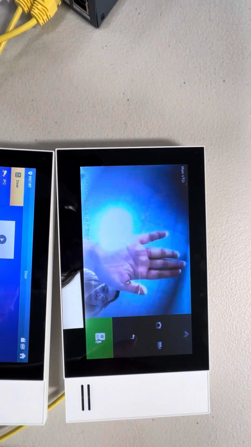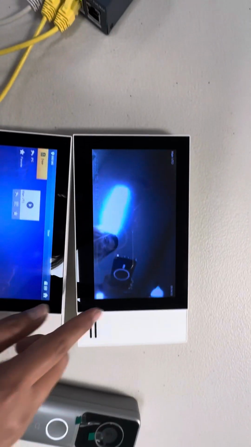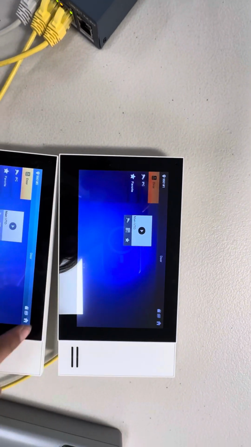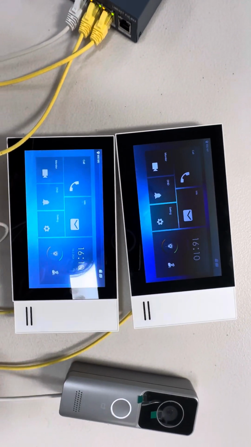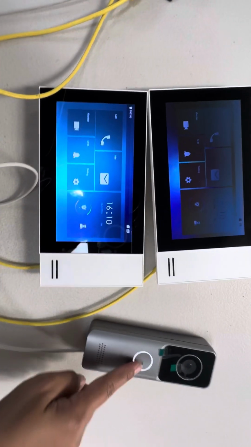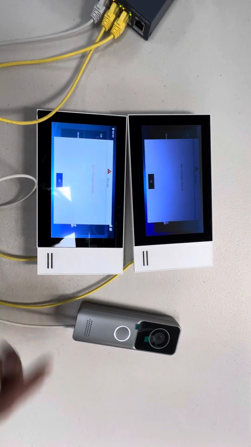So it will also show the VTO. So as it is, if it is all connected. Calling now. Please wait a moment.